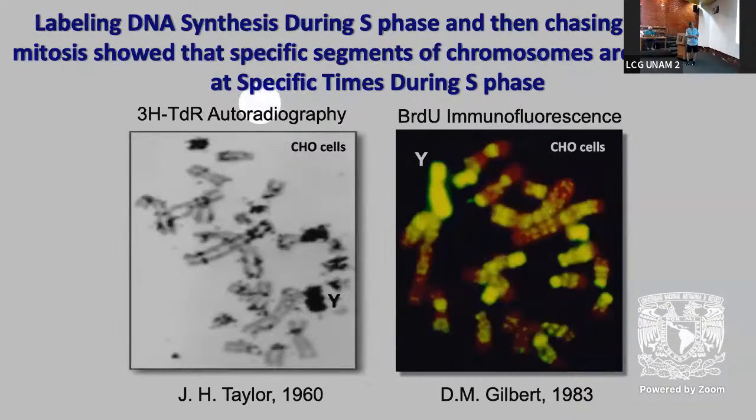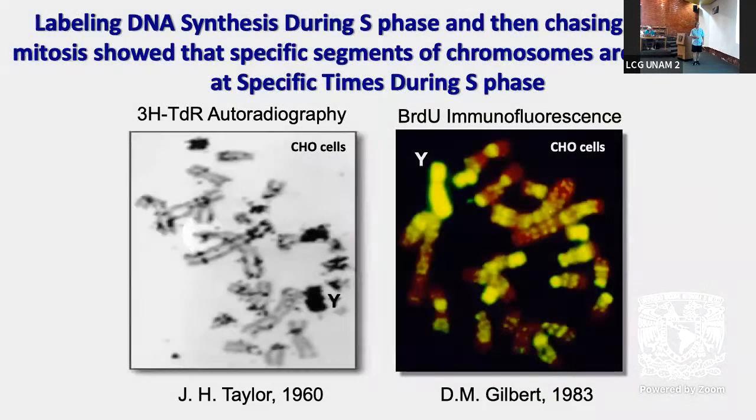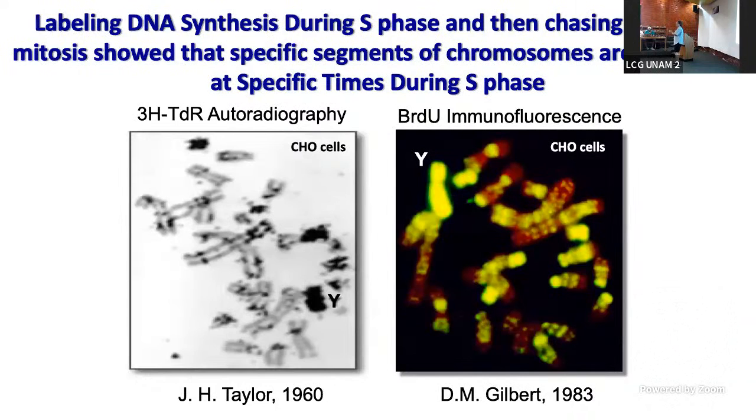And what he saw here was 2 different things. One is there were very large regions of the chromosomes by kilobases, as we call it now, but by size, that were labeled within these very brief periods of time during S phase. But secondly, and most importantly for our talk, he found that the patterns of labeling on the chromosomes were recurrent and specific for particular times during S phase. So there were early, middle, and late labeling patterns along the length of the chromosomes.